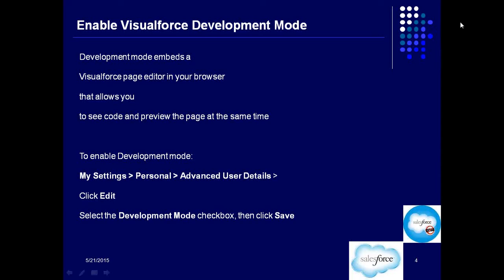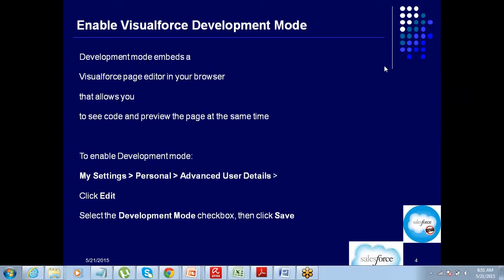Just take a minute to finish it off. There's a checkbox called Development Mode there.